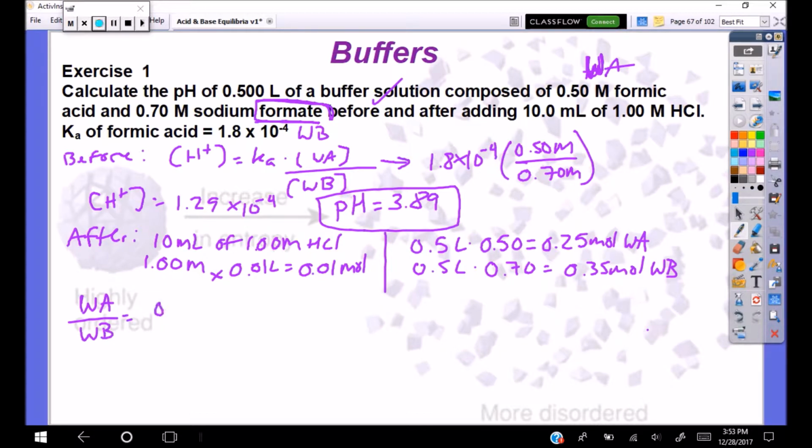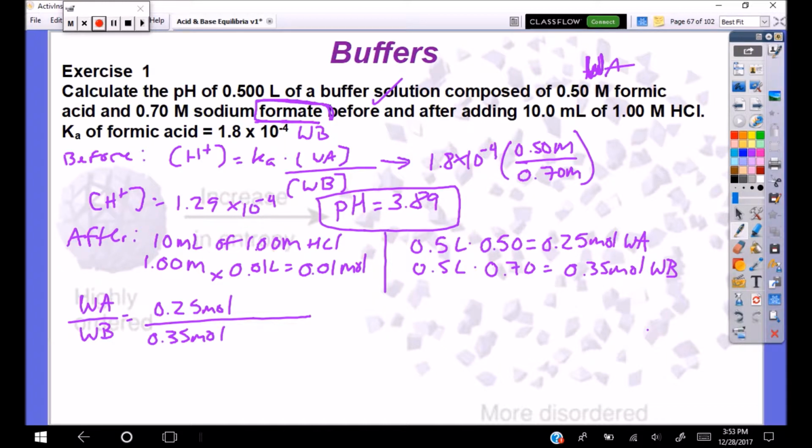So I have 0.25 moles, and I've got 0.35 moles. The hardest part is figuring out whether I'm going to add on top or subtract on top, and vice versa with the bottom. One side is always adding, one side is always being subtracted. So if we think about this, we're adding HCl, we're adding H+,